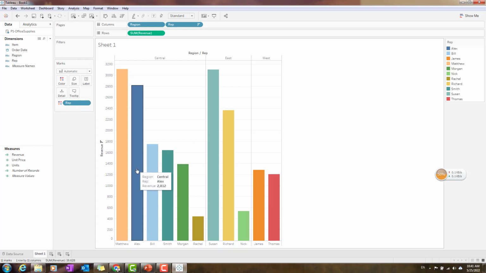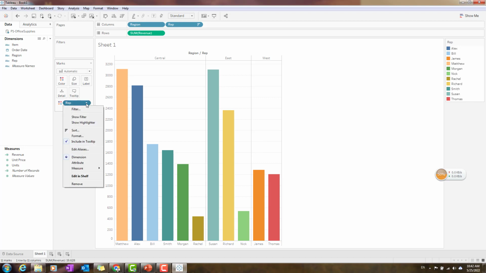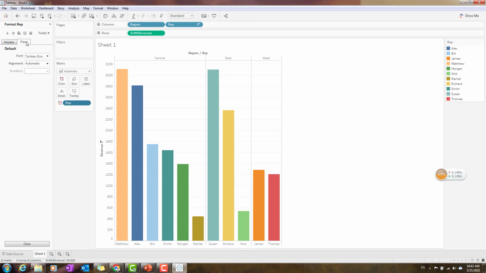That means in order for Tableau to understand that I want a different color for each column. You can see how the different representatives have different colors here. You can also make it a little nicer by changing the format. Okay, and